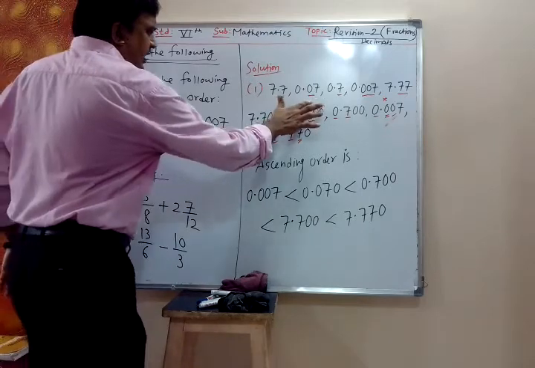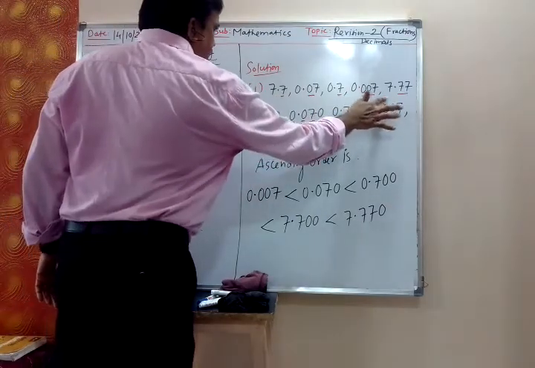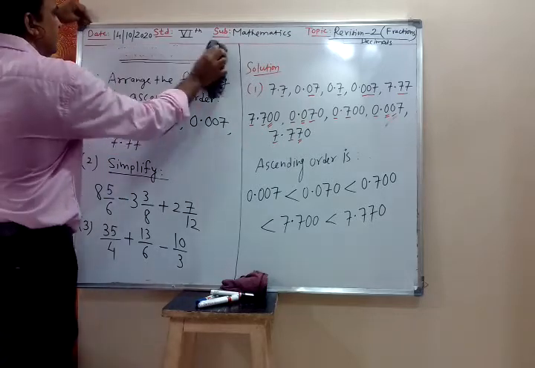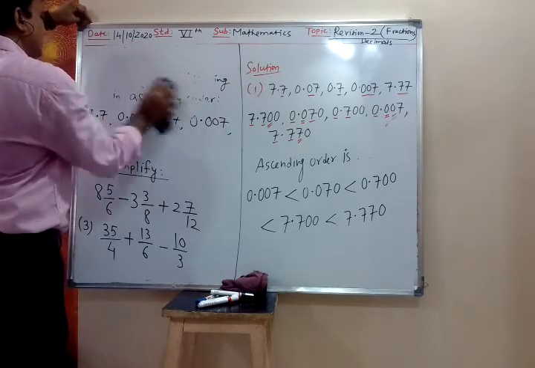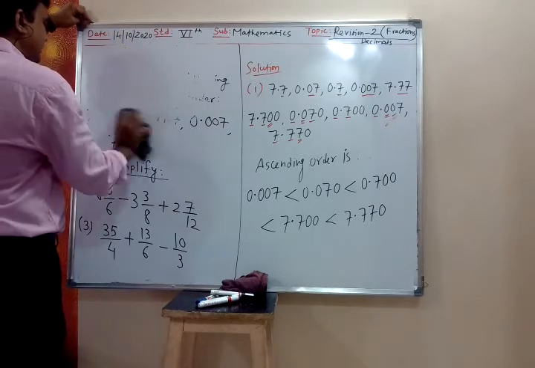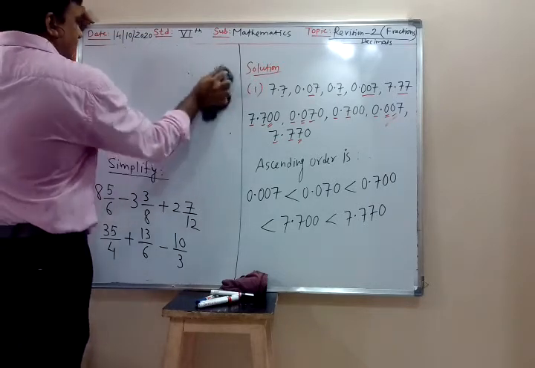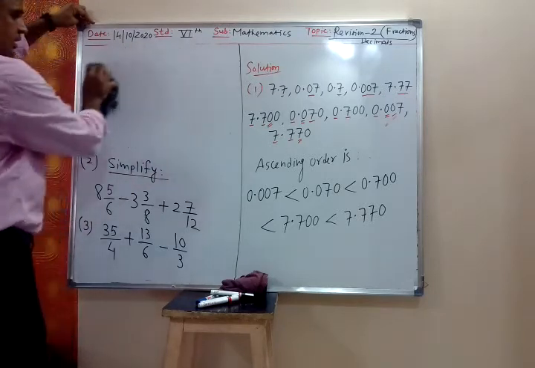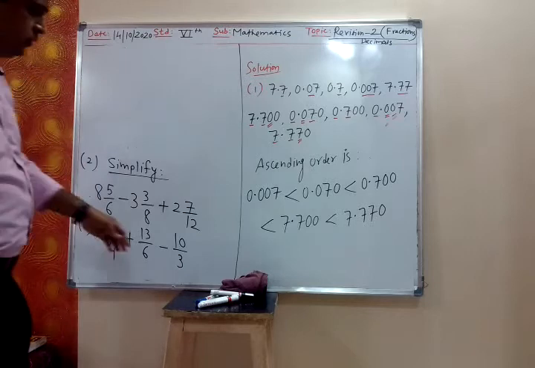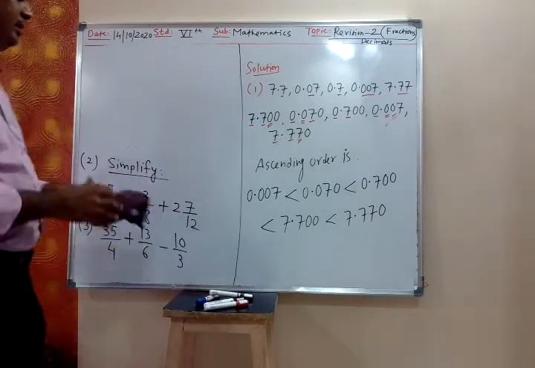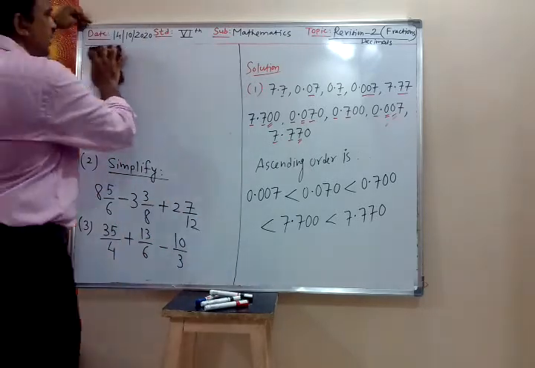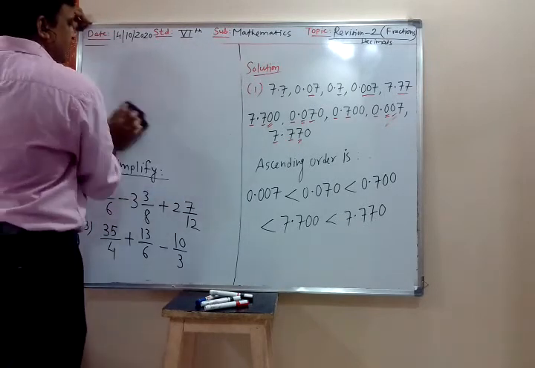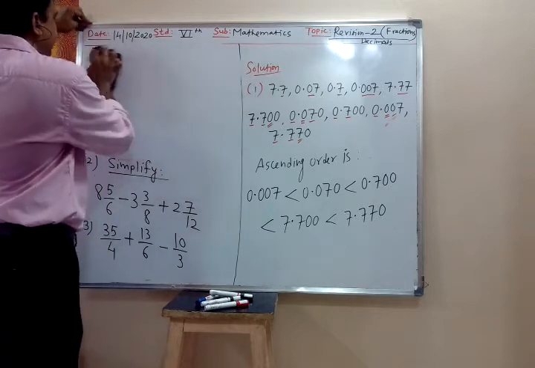No. This is what I have just explained to you. Don't put the cross. Cross means we have covered those. Yes, no problem. You can put the cross. Cross means we have covered that. So, arranging the decimals: in order to arrange the decimals in ascending order or descending order, first we convert them into like decimals, and then we start comparing the digits from the left.